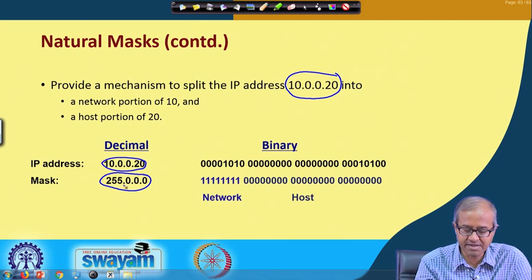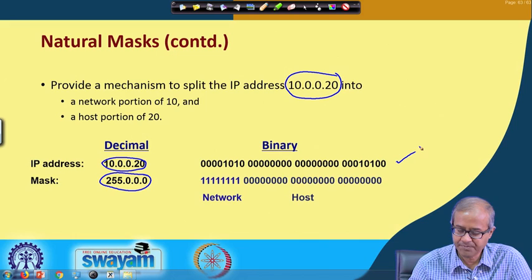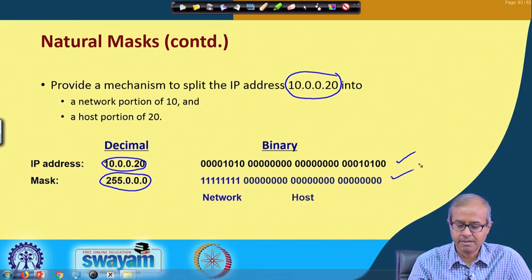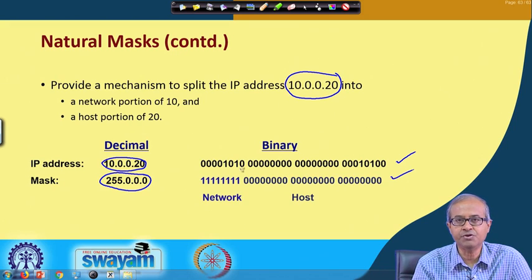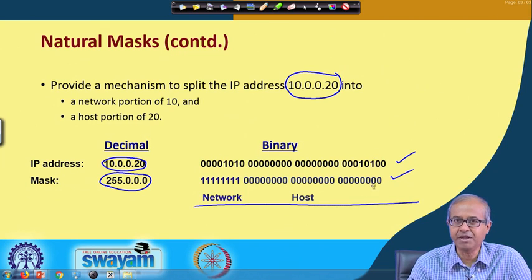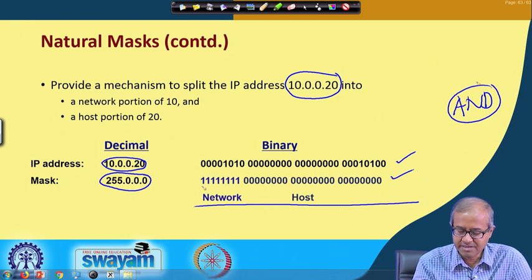So, if I write it in binary, 10.0.0.20 is this, and 255.0.0.0 is this. Now, this mask actually tells you how many bits of the address we need to consider to know the network number. Means if I do a bit by bit AND operation, bit by bit ANDing, first 8 bits are 1 in the mask. If you do AND, so the first 8 bits will be